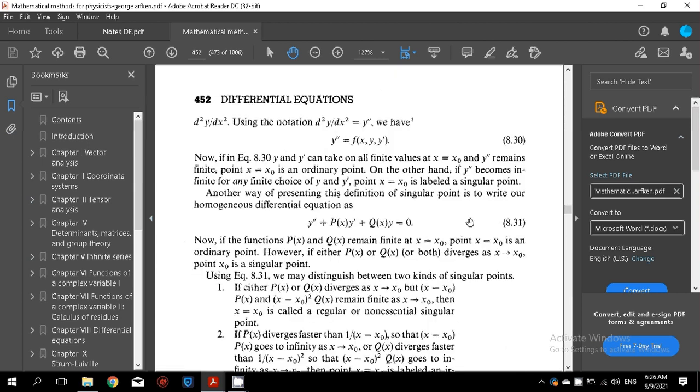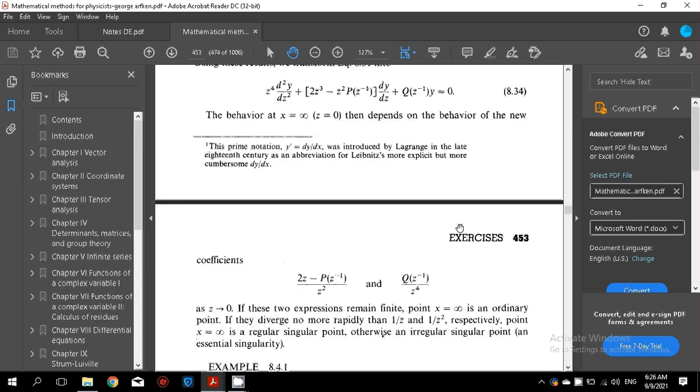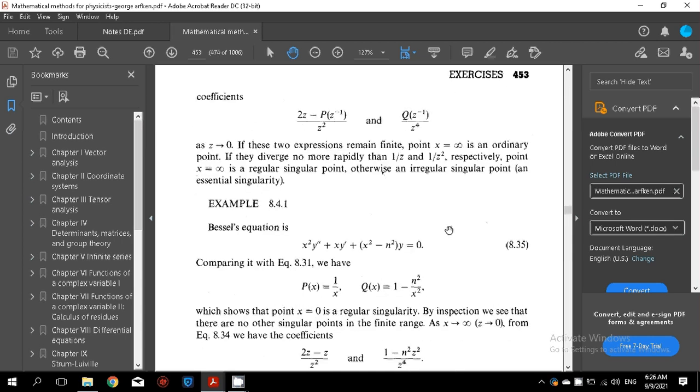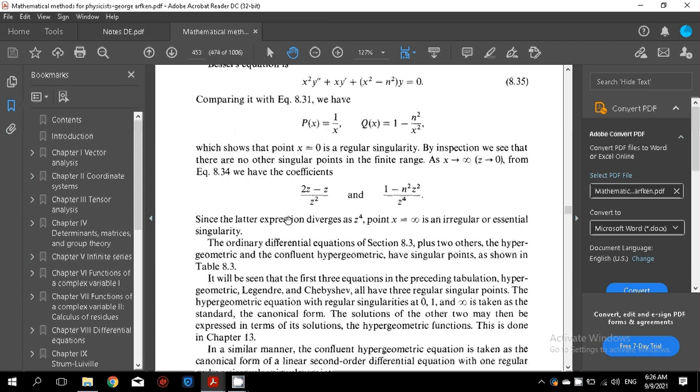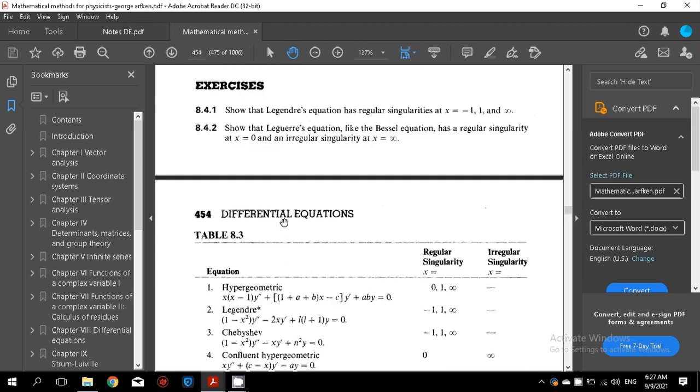you can consult pages 452 and 453 with reference to the last part of my previous lecture, and you should also go through this example 8.4.1 at page 453 to see the role of the singular points at infinity. And you must also try and solve the exercises 8.4.1, 8.4.2